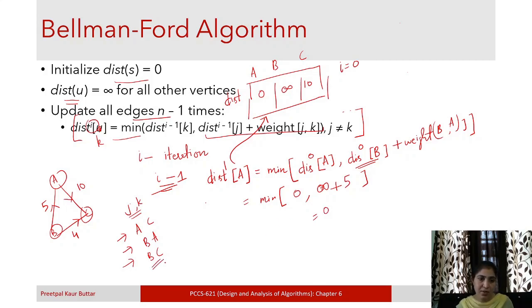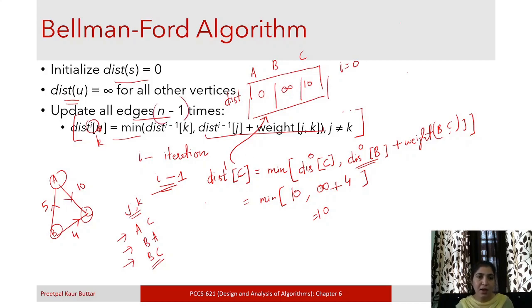Then let us consider this one, the last one. Here, B to C. Okay, so here again the destination is C, B to C. The distance of C is 10, the distance of B is infinity, B to C is 4, so we will not change it, it will also be 10, right? So this is what happens at iteration number 1. Okay, so